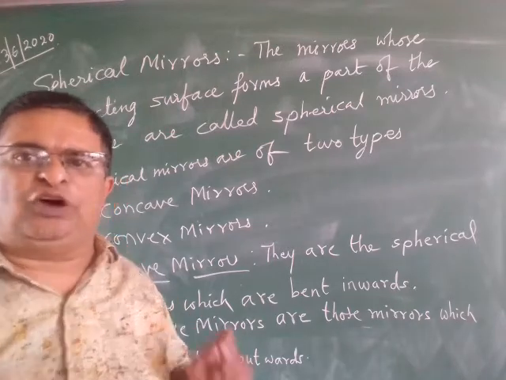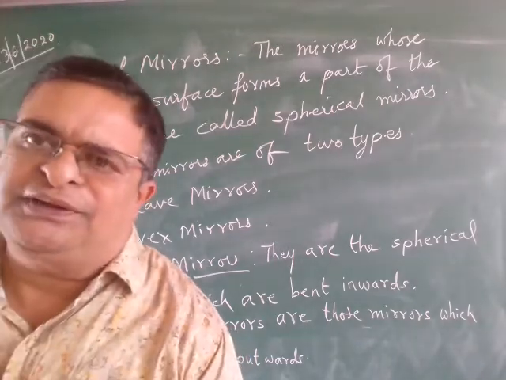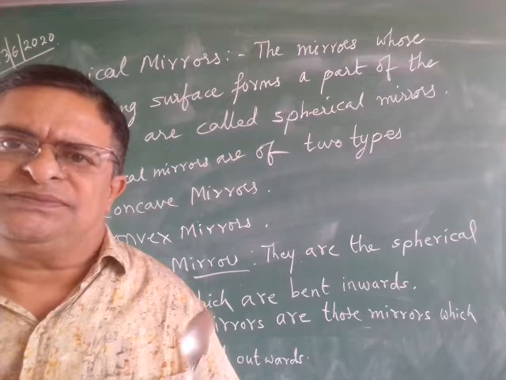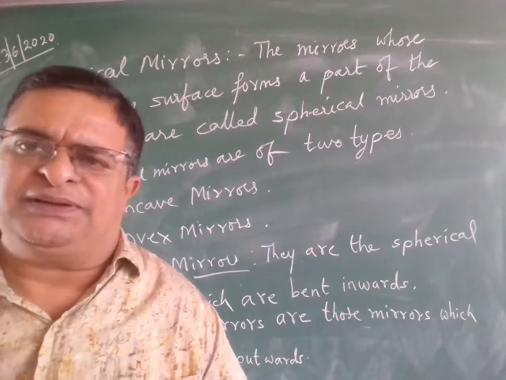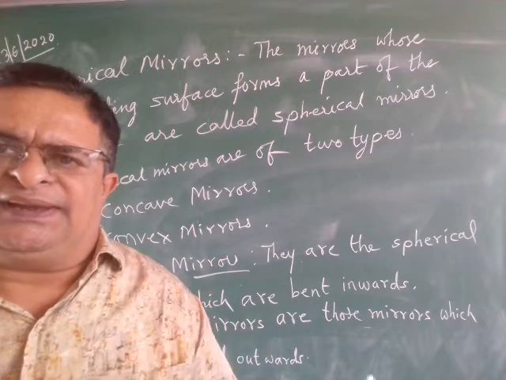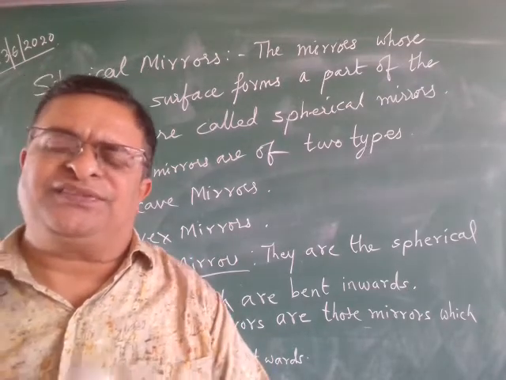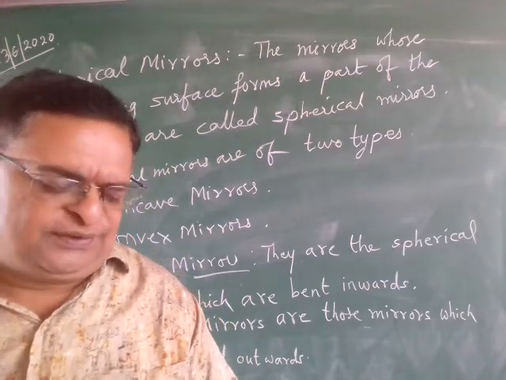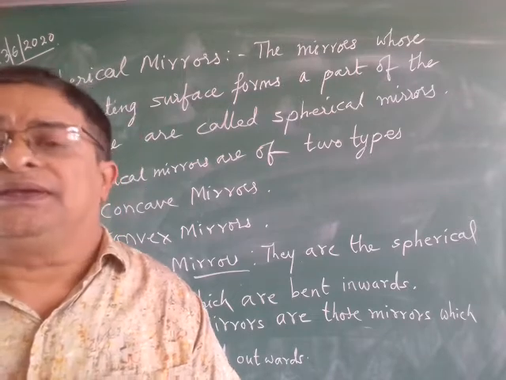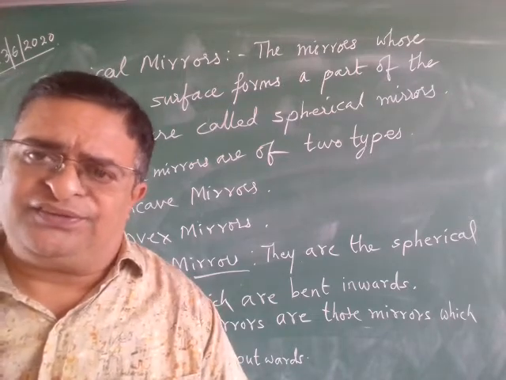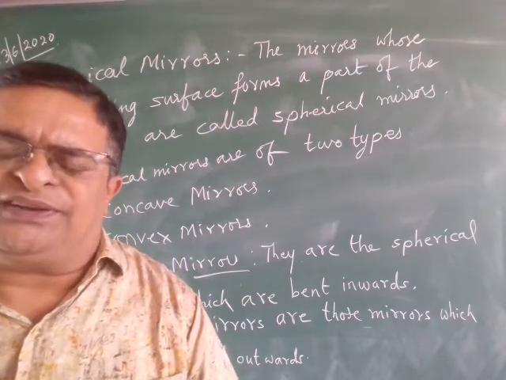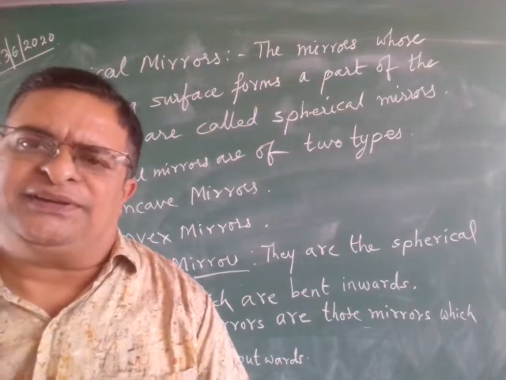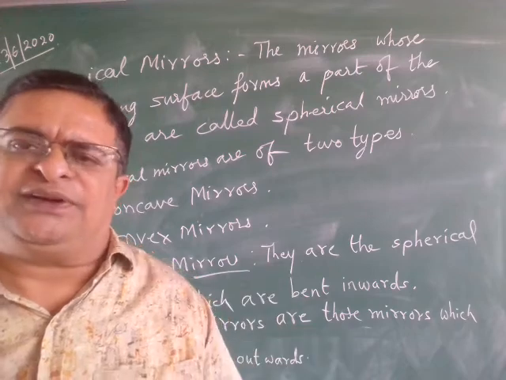Now we have seen the laws of reflection. Now we will proceed further from the plane mirrors. The image formed in the plane mirror is erect but laterally inverted. Laterally inverted means the left side appears as right and the right side appears as left. And the second one is the image appears as much behind the mirror as you are in front of the mirror. That is, if you are 3 feet in front of the mirror, the image will be formed 3 feet behind the mirror.